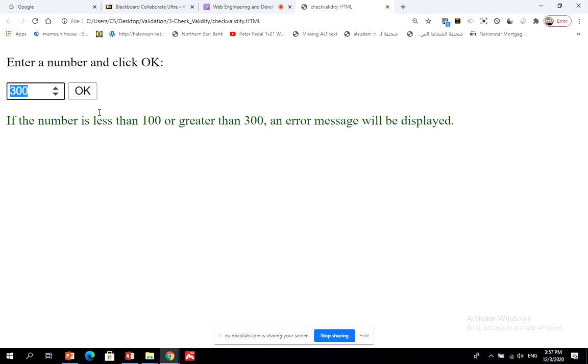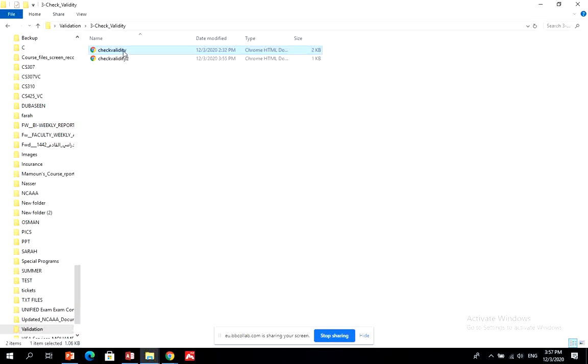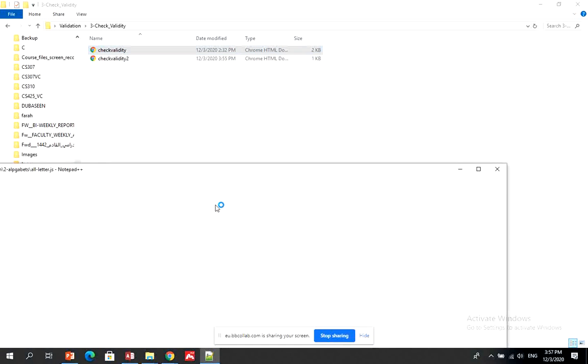Any number like that, it says input is okay. Any number that is more than 300, it says you must be less than or equal to 300. And then also any number that is less than 100 will give you another message, which is this message. These messages usually are also displayed by the help of a built-in function. I will show you this function in a minute. This function is also the